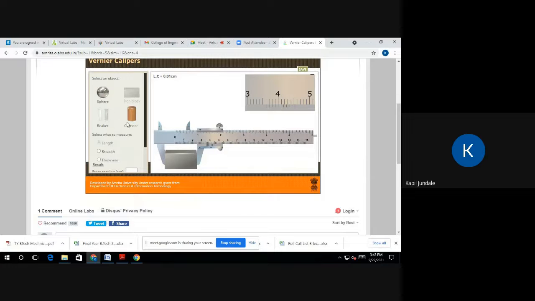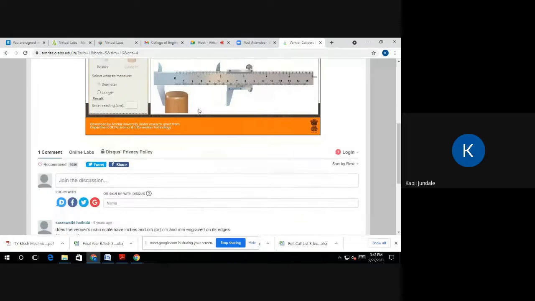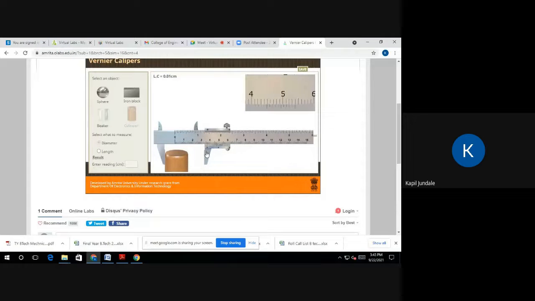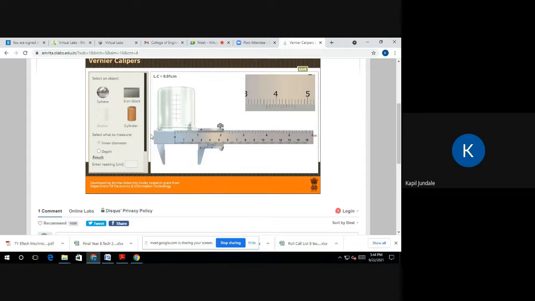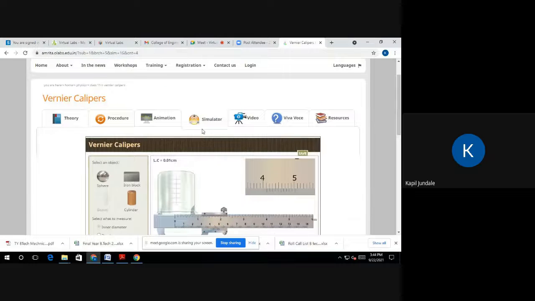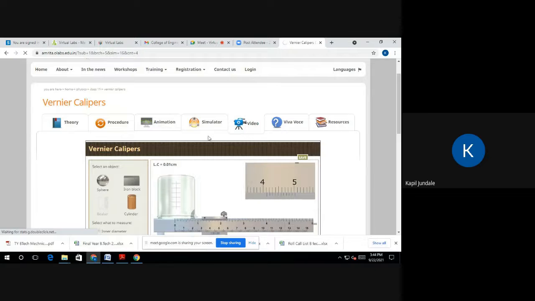Next, similarly the cylindrical component. ओके, सिलेंड्रिकल कॉम्पोनंटचाही तुम्ही काय करणार आहे तर you can move this attached to this block and you can measure this. Okay, understood? Similarly the spherical. Okay, spherical ही सेम करा, मेजर करा. नेक्स्ट इनर डायमीटर. ओके, आतला एखादा बाउल असेल तर त्याचं कसं मेजर करायचं आपण बघा. You can move this, you can touch the two outer surfaces and you can see and you can write there. Next video also they have provided,